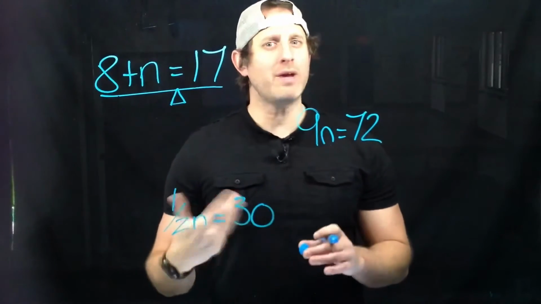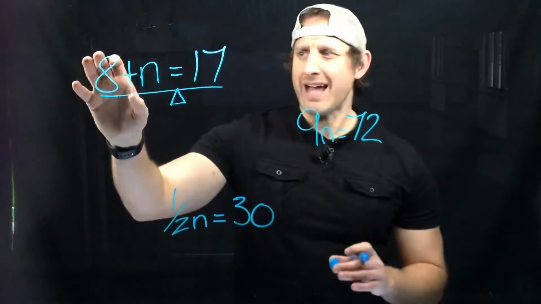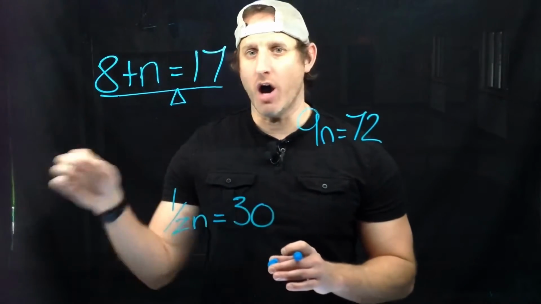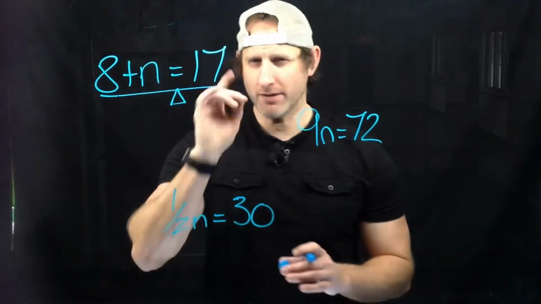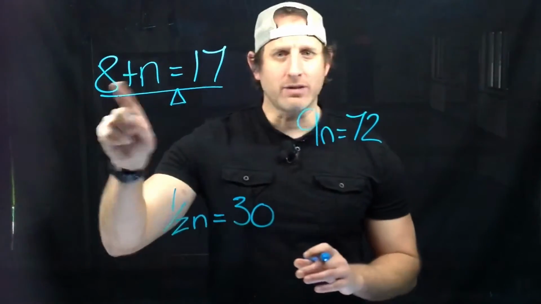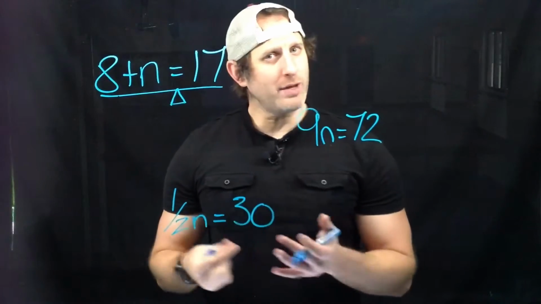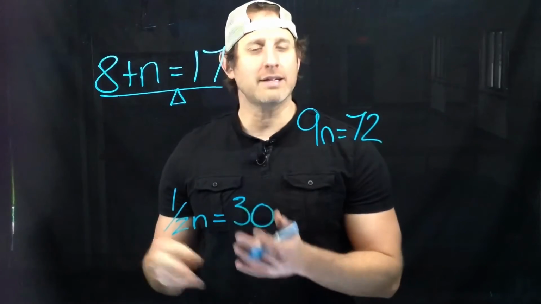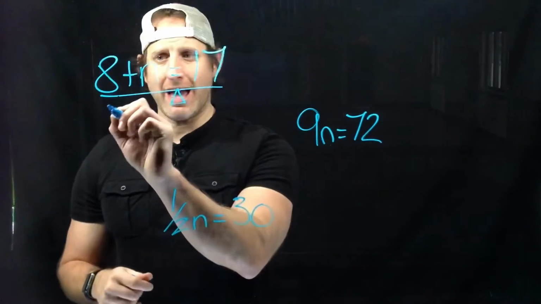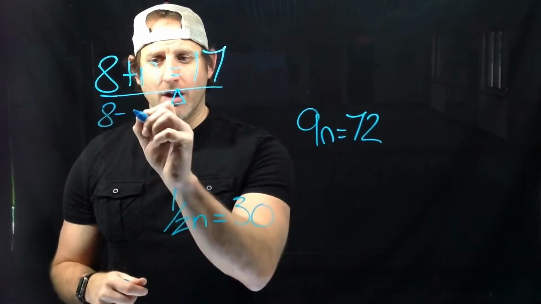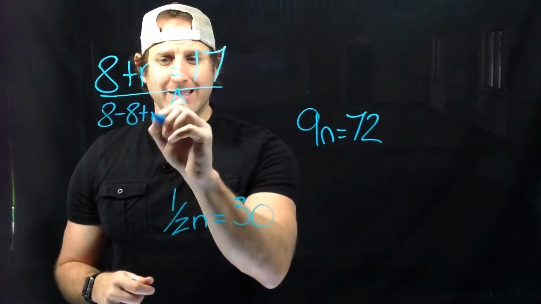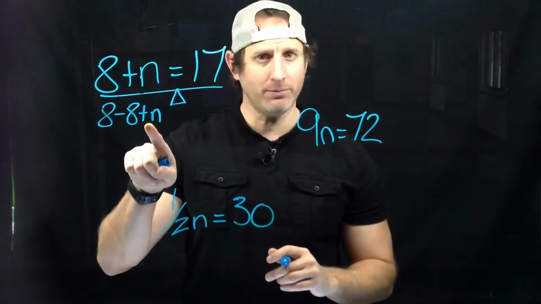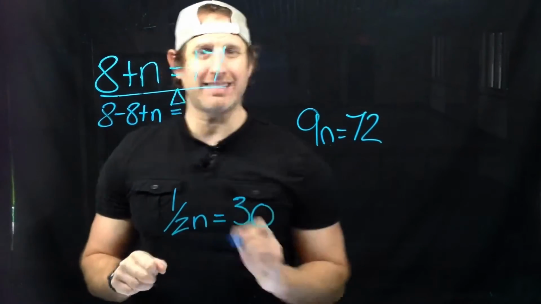Now, the only way we can do that is, one, we have to know what this operation is so we can do its opposite. Okay, so think about this. This is an 8, which means it's positive. And if we're doing the opposite operation to cancel out positive 8, we need to subtract 8. So what we have here is positive 8 minus 8 plus n. I did nothing with the plus n, so I'm going to bring it down. And that is the same as